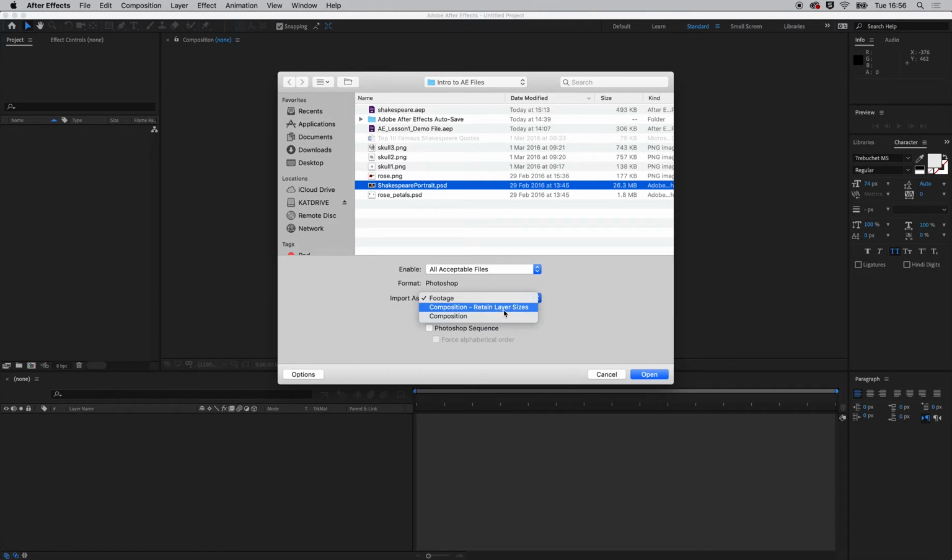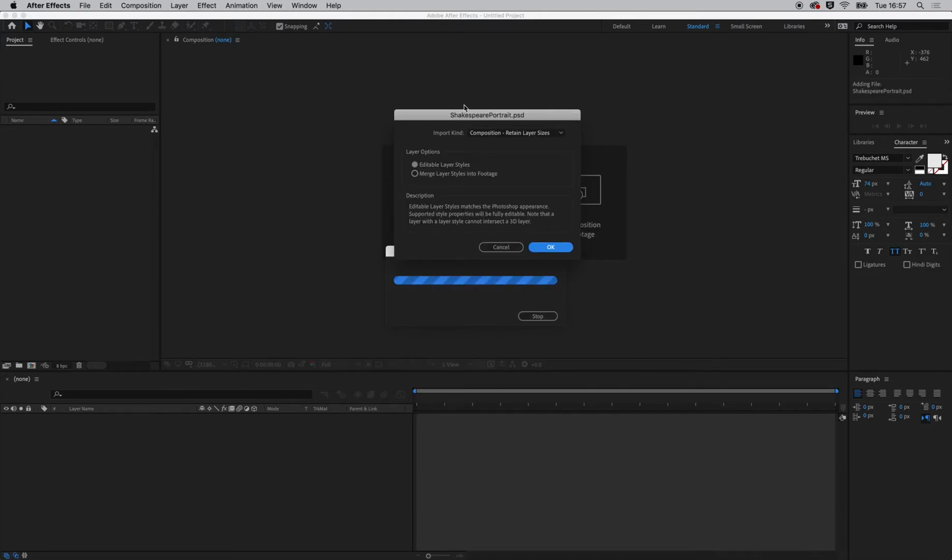If I don't say that, it changes the scale of everything and centers everything in the middle of the screen. It gets a bit annoying later. So click that and click create composition, make sure that's selected. A Photoshop sequence would be if you are working with a timeline of Photoshop and you want to bring those images in, but since that's not what we have, we're just going to ignore that for the moment and click open. Once again, it's going to ask you composition retain layer sizes, and we want